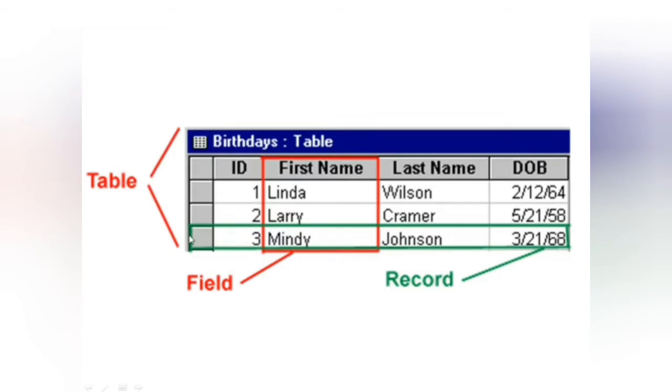You can understand it like that. A collection of tables will be called a file. A collection of tables will be called a database. You can understand like that. Any particular column will be called a field. A collection of fields is called a record. A collection of records is called a table. A collection of tables is called a file, and a collection of files will be called a database.